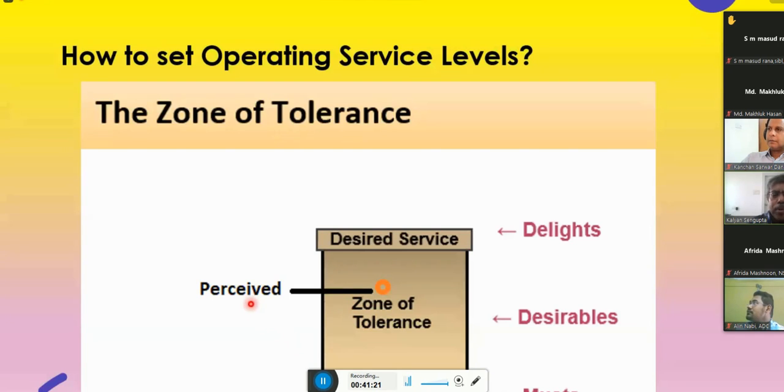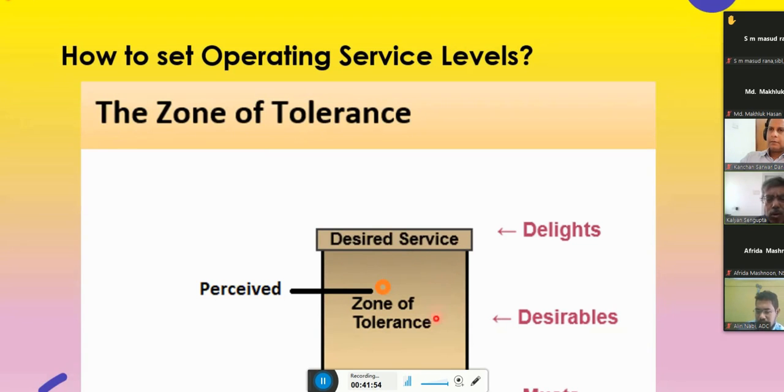From the adequate service level to the desired level, this whole range is called the zone of tolerance. As you can see, a customer can tolerate, although you are not giving the best service, understanding the maturity of the customer and the difficulties of the branch.